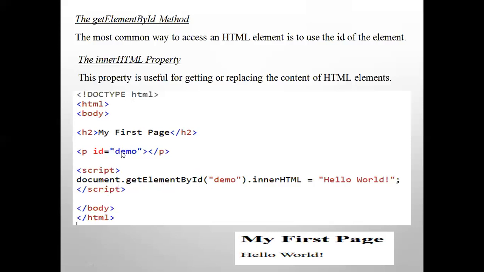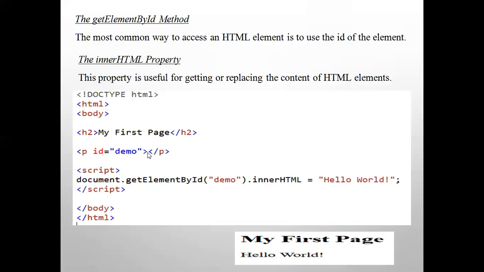So it is referring here, whatever is in the paragraph, that will be accessed from here. Whatever name you put here, if you say ABC, you have to write ABC here. That is the ID name just for accessing. Okay, so getElementById demo.innerHTML. This will be to get the content of the element. What is the content? Hello world.